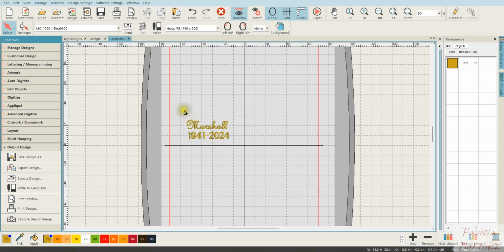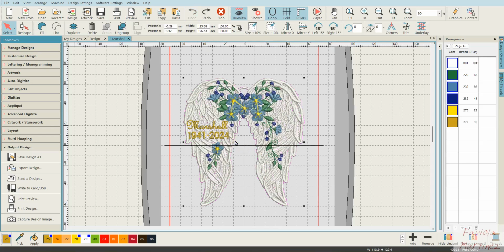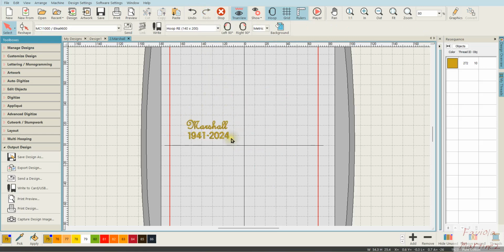If you ever wanted to use this again and you wanted it in the exact same spot on top of those angel wings, you could actually leave this in this spot right here on the screen. What are you going to do with it? Are you going to save it or are you going to export it? Well,